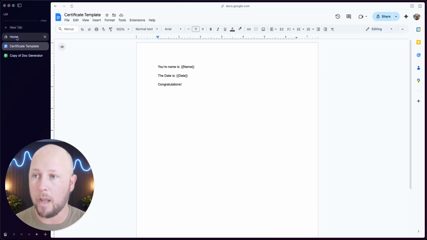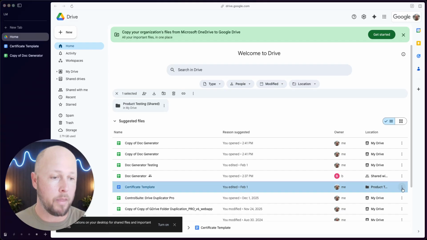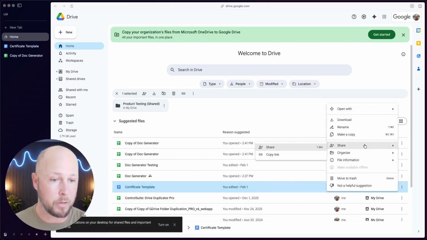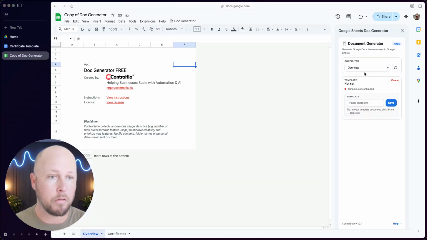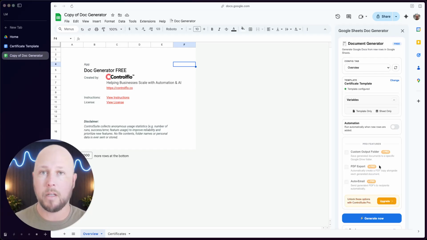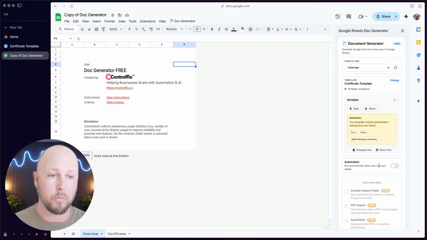So let's go ahead and copy the share link for this template. We'll go to share, copy link, and then go back to our app here, paste that in there, and save that out. Once that is saved, it'll load all of the variables and show you which ones are matching and which ones aren't. We can see that we have the date and name only in the document, not in the spreadsheet,